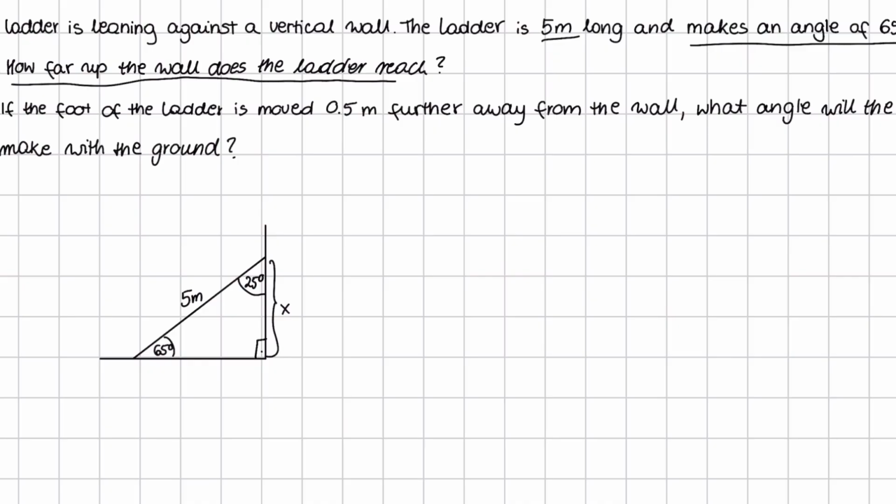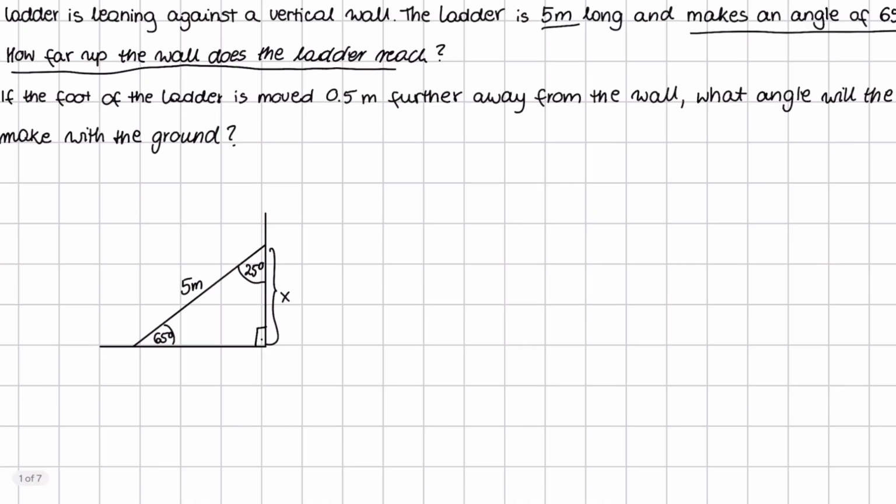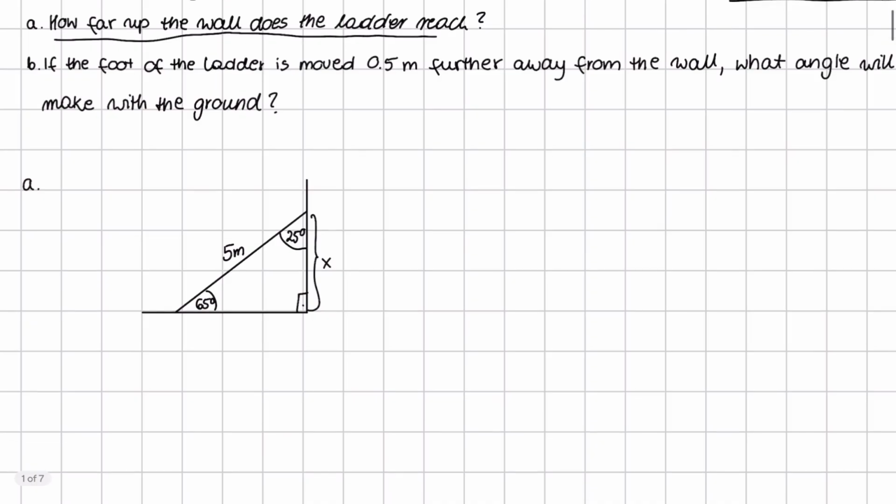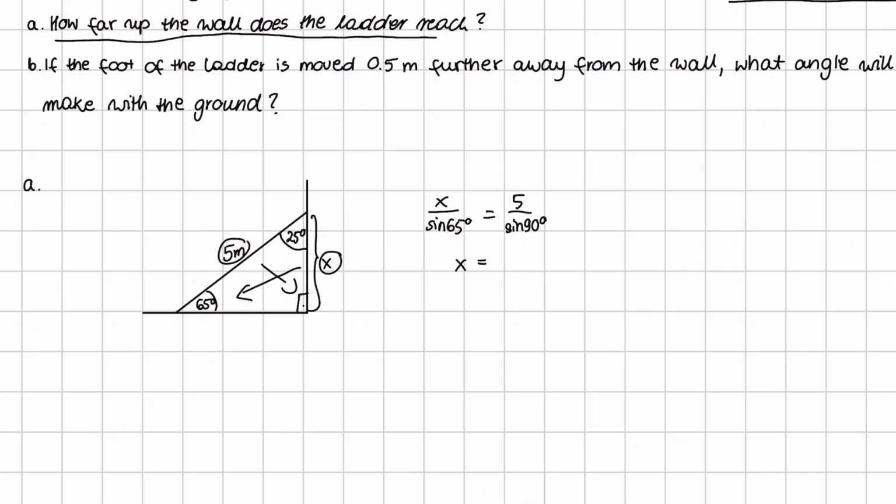So we can use the sine rule. So this side x over sine 65 degrees equals, and something that we have, the length that we have and the angle that we have, so 5 meters over sine 90 degrees, and we have to calculate it on our solver, and our answer is